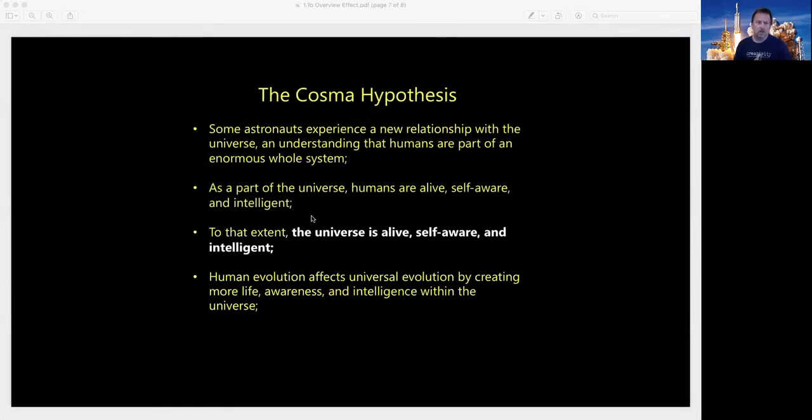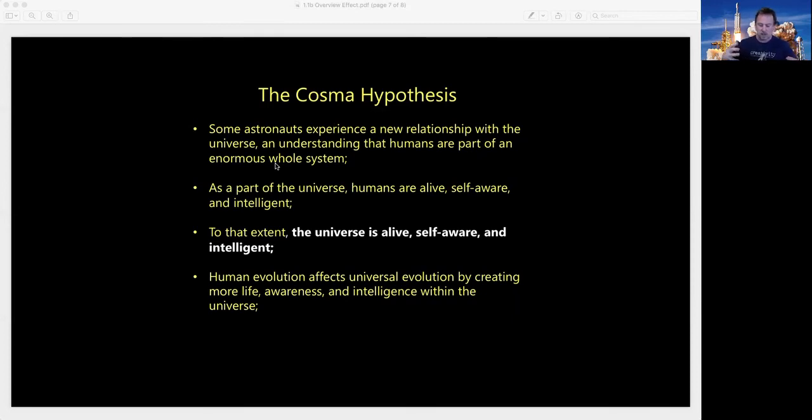So this brings us to what the implications of this really mean, and what the next layer of the overview effect is in terms of the Cosmo Hypothesis. So here's a couple premises about it. Some astronauts experience a new relationship with the universe and understanding that humans are part of an enormous whole system. That was the experience that Ed Mitchell had in Apollo 14 that I talked about, where he saw us as